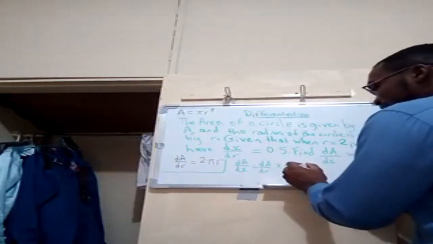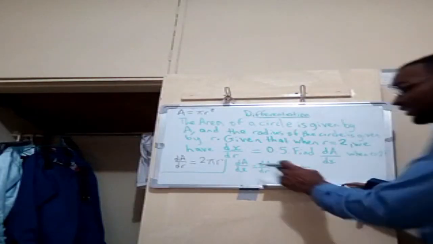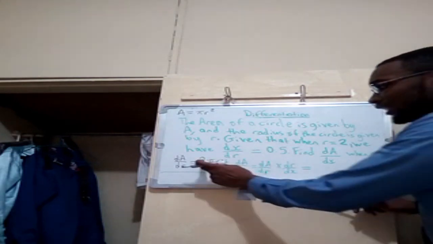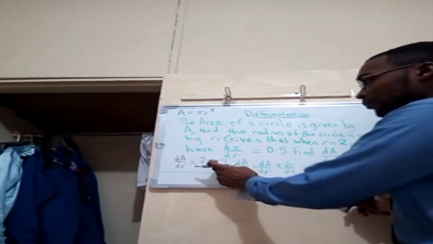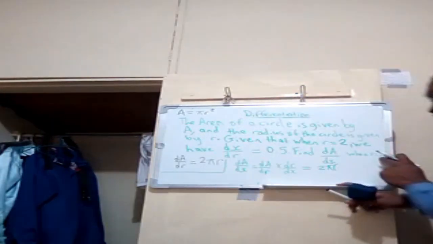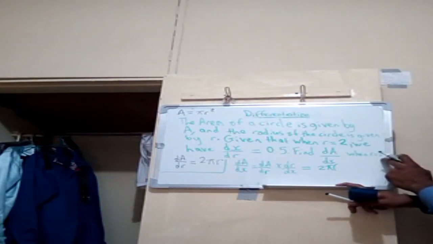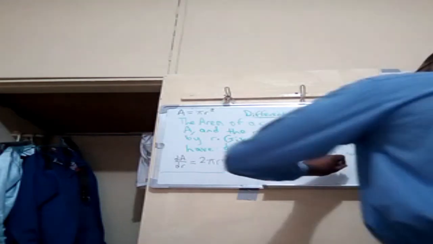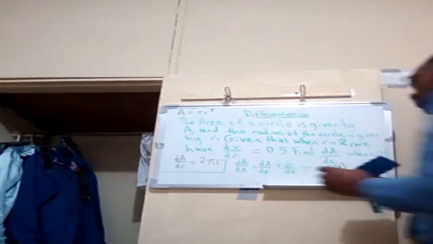So dA by dx is going to be equal to dA by dr. Now dA by dr is 2 pi r, but r is 2. Remember, it is when r is 2, so we can substitute 2 for r. So it becomes 2 pi times 2